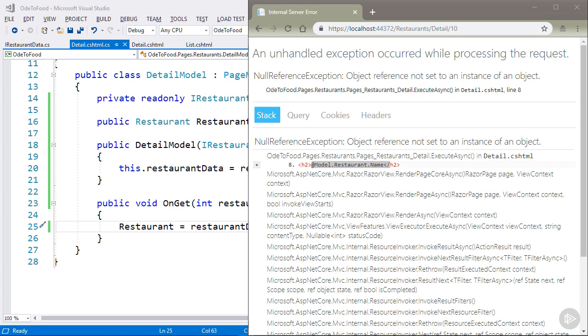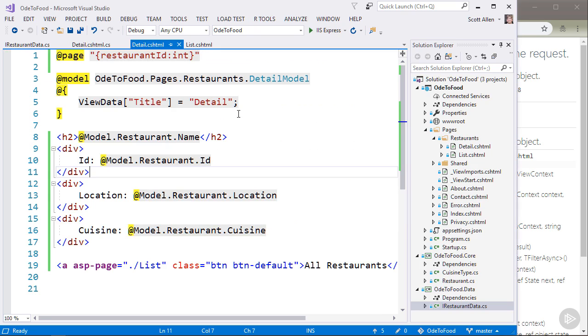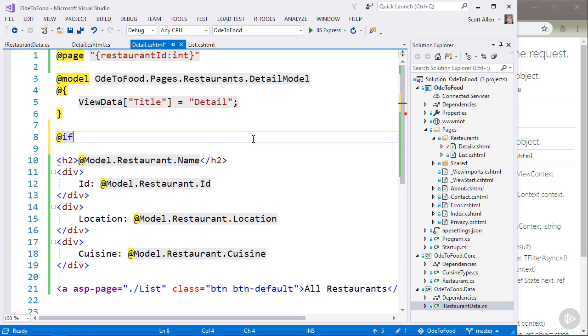We certainly don't want to show an end user this type of error page if they stumble upon a restaurant that doesn't exist. Perhaps they found some link on the internet somewhere and followed it for /restaurant/detail/ some identifier that was deleted last year. What we'd rather do is just show them a page that says, sorry, we couldn't find that restaurant. One way to do that would be to modify detail.cshtml because I can write if statements inside of